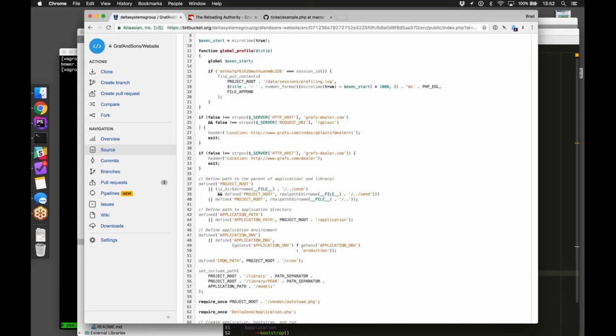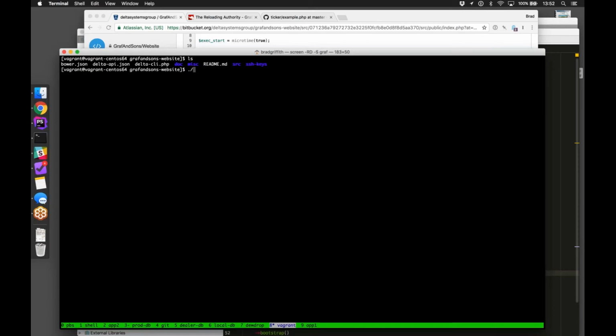So one of the problems in this old approach is you pretty much just have to write out to a file. That's really the only way to get the data out, to actually be able to see it. That's problematic because the file is usually still sitting there. Sometimes you have permissions issues. It's just kind of an annoying way to deal with it. So instead of doing that with the ticker library,